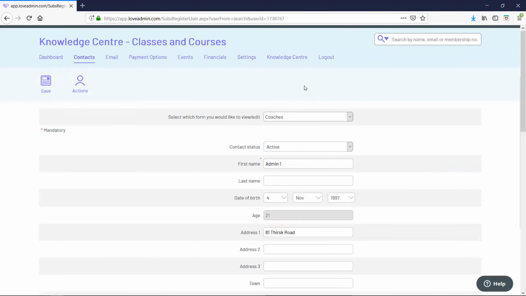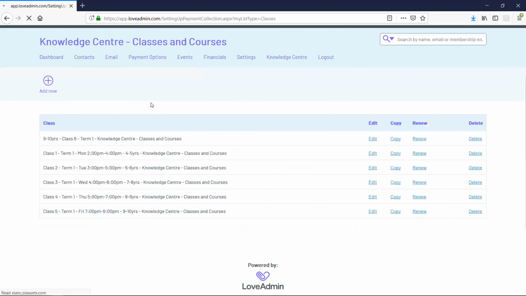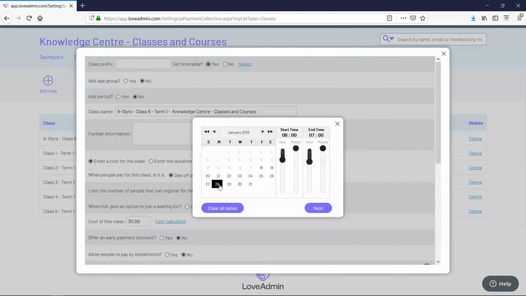So now we have a coach, we need to set timetables for our classes in order for them to show on the coach's rota. So to do this, you would go to Payment Options and Classes. From here, you can click Edit, and you now have the option to set timetables against your classes. So you would say yes to set timetable, and then you would choose the days in which your class is